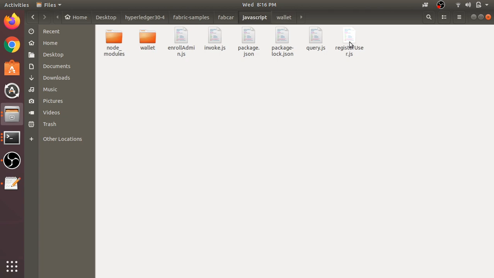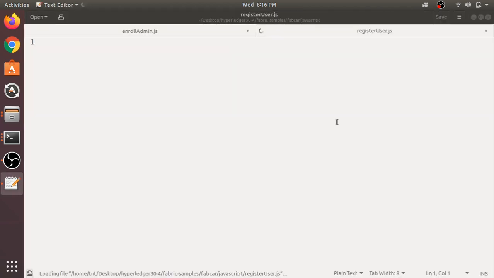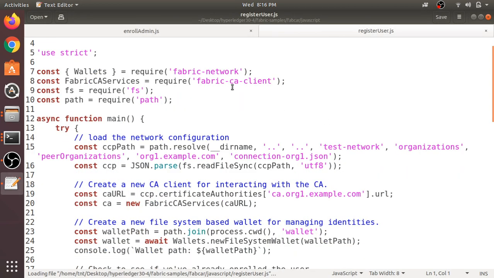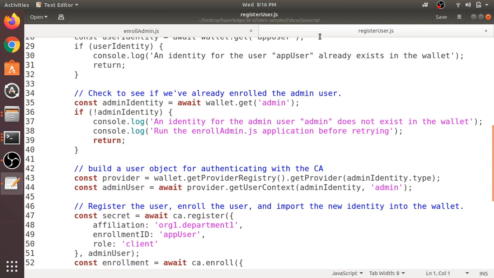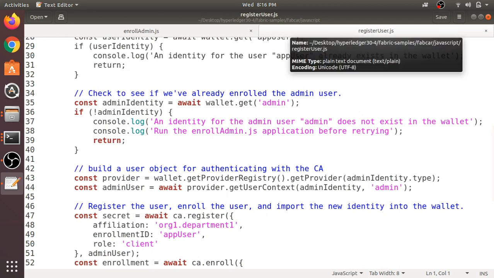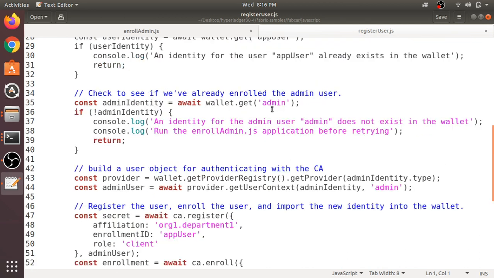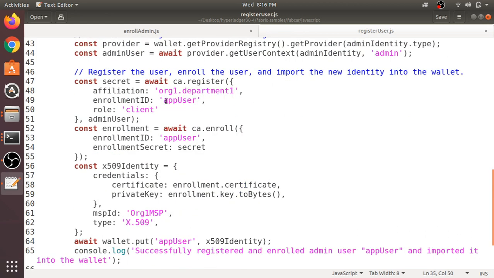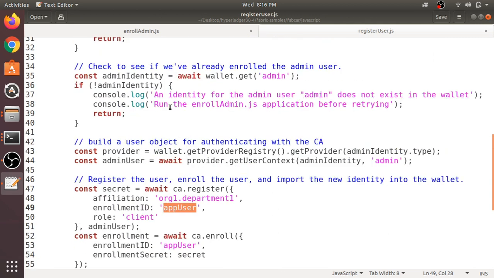And here you can see register user. In the register user file, you are using the dependencies and packages of Fabric. With the help of admin, you are enrolling your app user. This is the ID of your user. You are registering the app user.